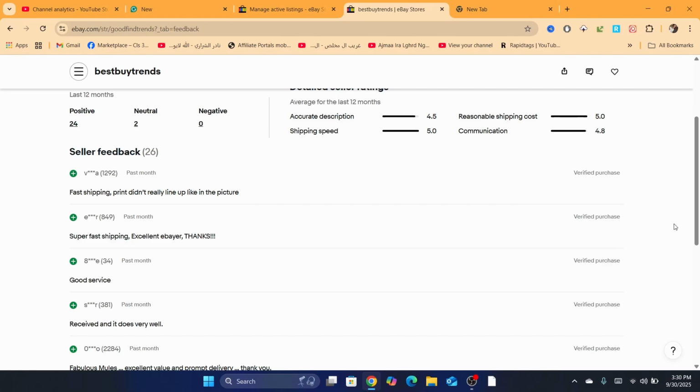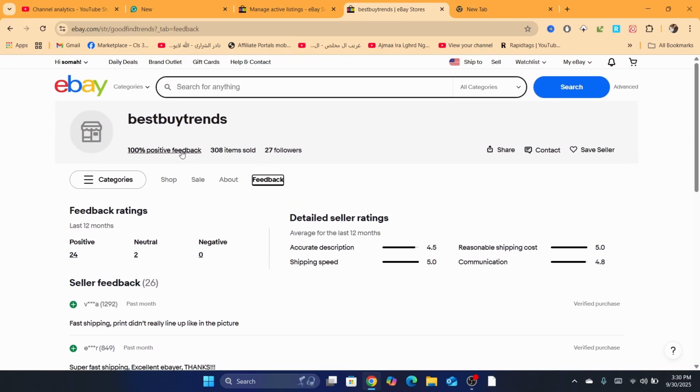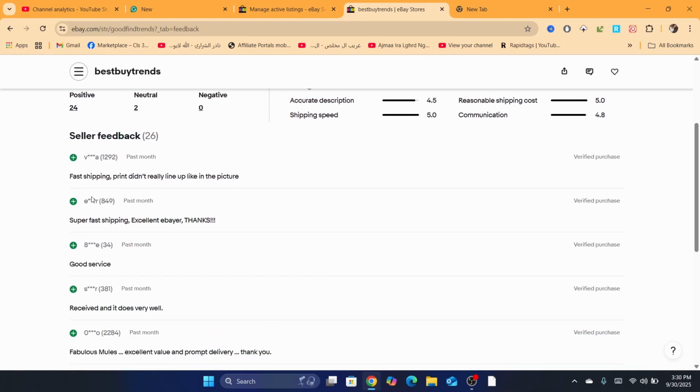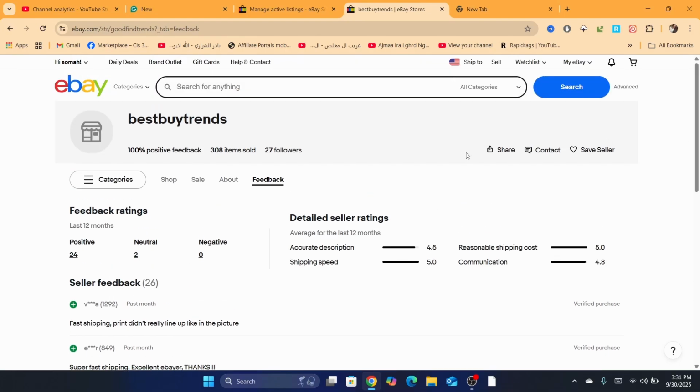So first thing you need to do, guys, you want to find your feedback. For example, if you have left a feedback on this store, you will search for the feedback, and there you will be able to see the username of the seller. So the goal here is to contact the seller, because without contacting the seller you will not be able to change it. So when you go and contact the seller and you click on contact, and now you